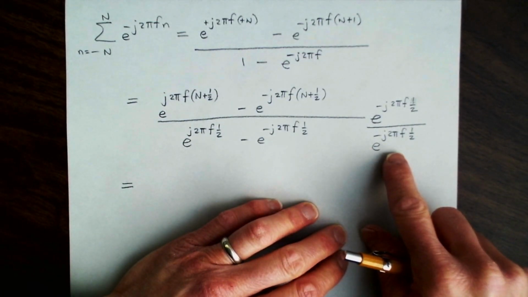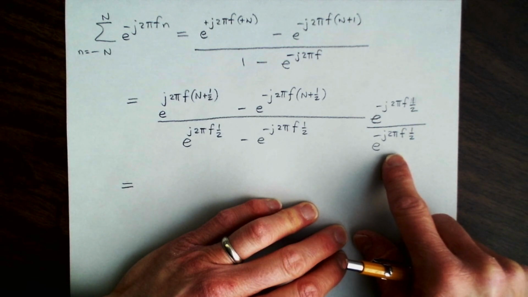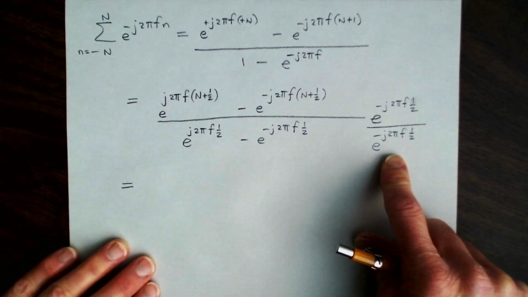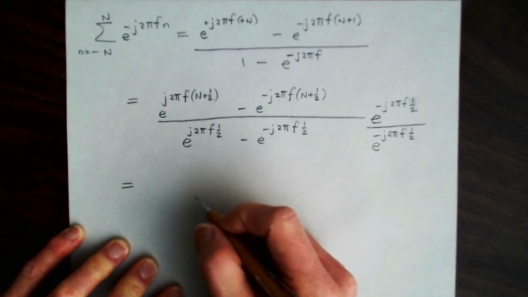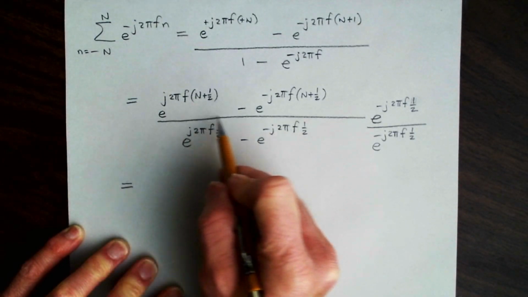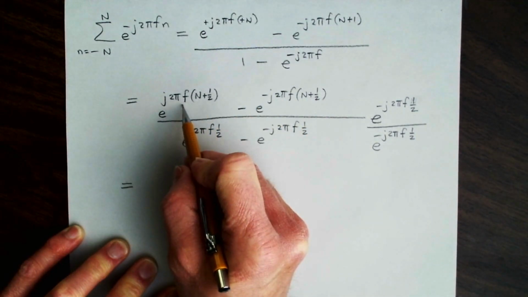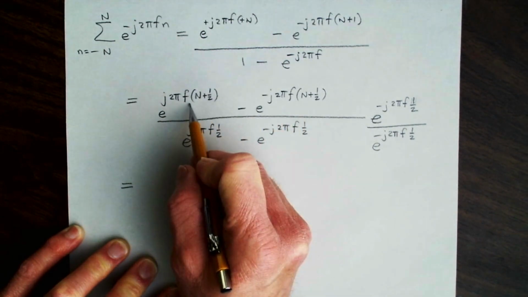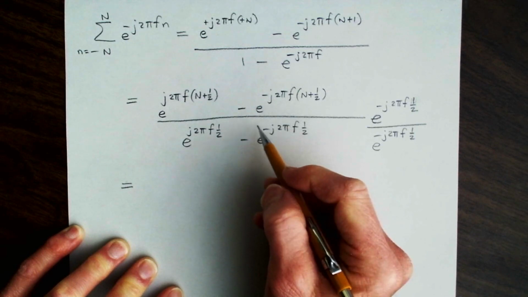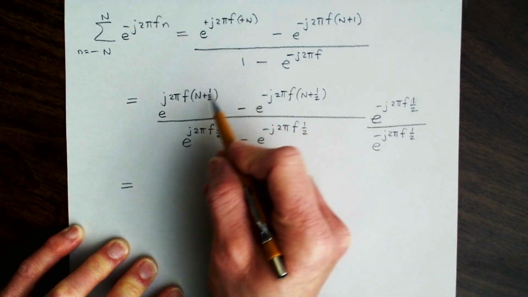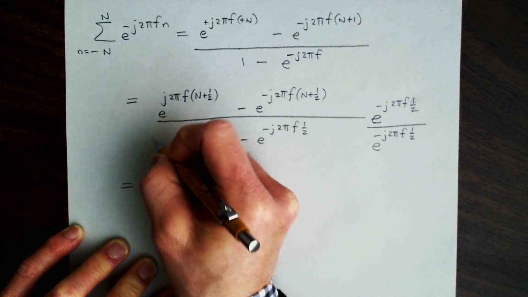Next, we'll notice that this ratio is equal to 1. Numerator and denominator are the same. And then what I have left here, let's examine this a little more closely. Notice that here I have symmetry in the exponents, and I have this first one minus the second one. So that looks like a sine function if I had a 2j